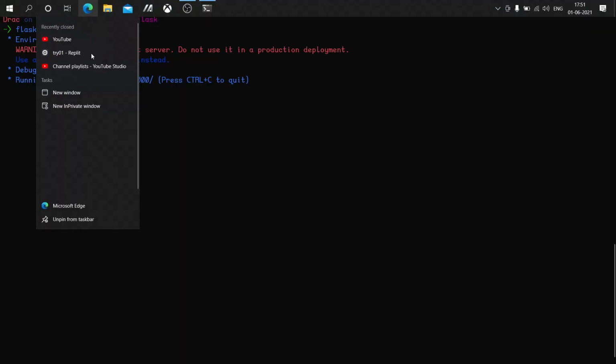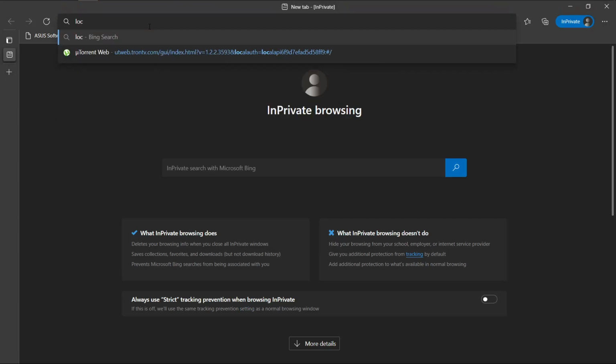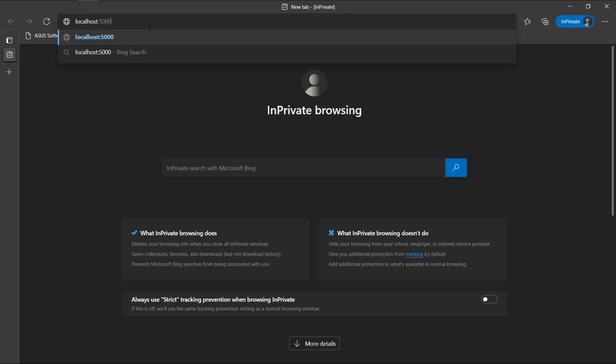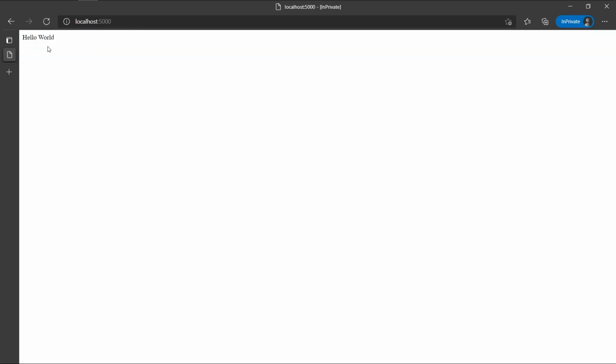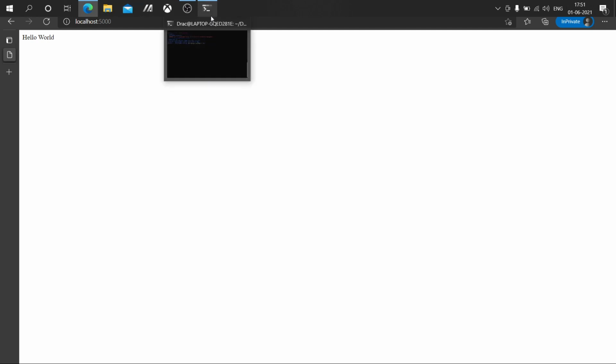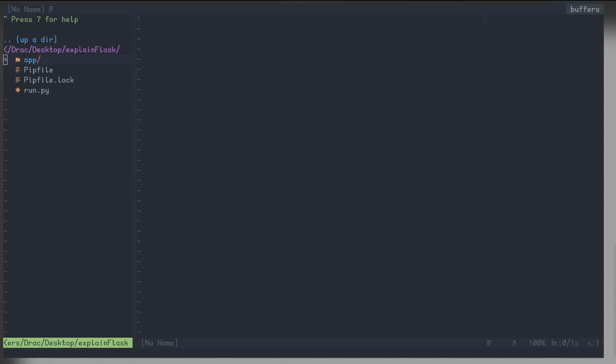I'll open up the browser. Here I'll go to localhost port 5000, and we should see hello world. Yes, you are seeing it. So yeah, let me show you our structure again to make things clear. So yeah, this is our structure now,